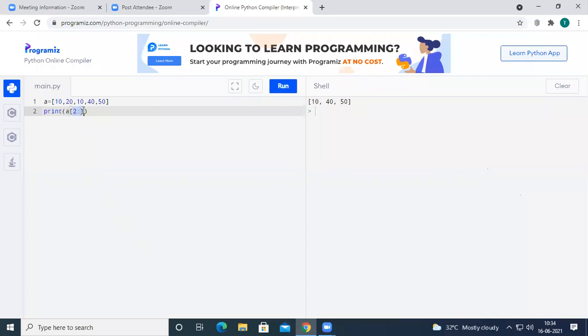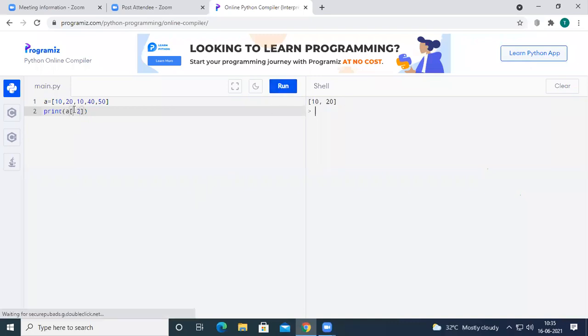For example, see here, as I mentioned previously, before the colon we have to maintain the starting index, and after the colon we have to maintain the end index. For example, if I maintain 2 at the end index and leave the begin index empty, then the output will be 10 and 20.